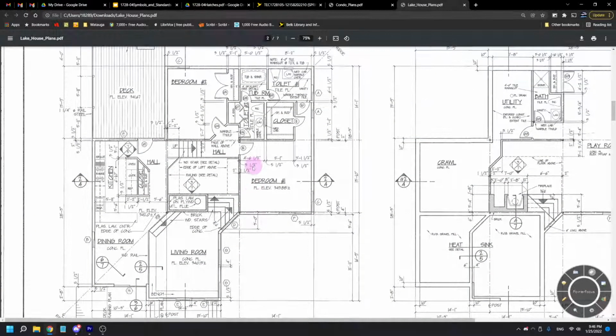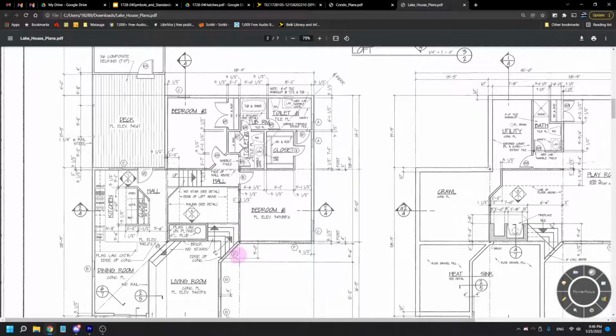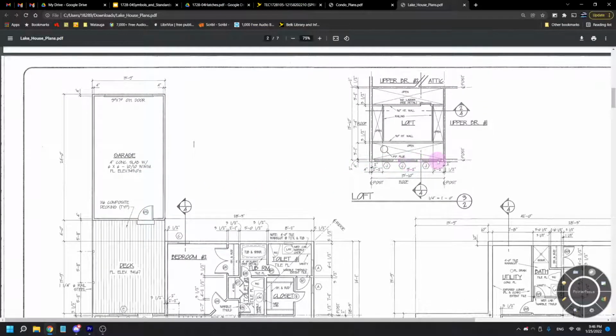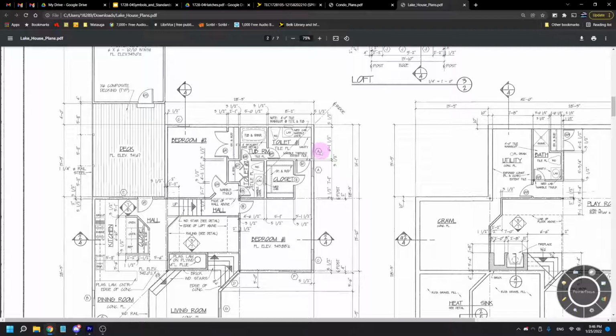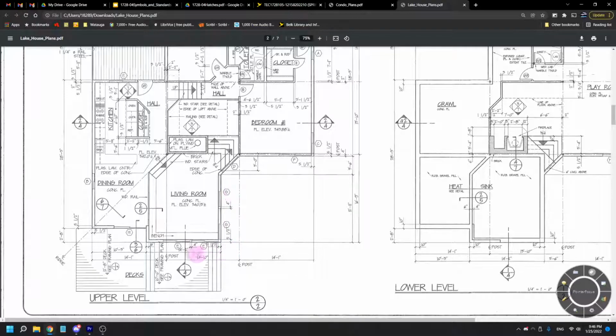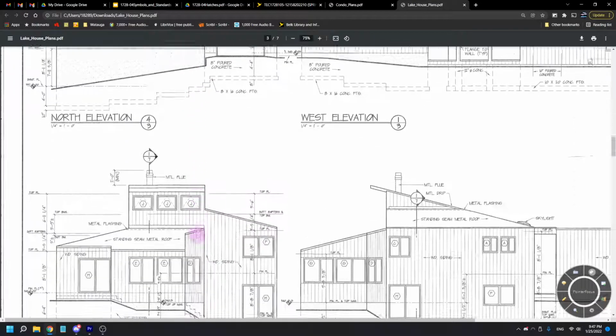again, if we look at it in plan, I can see that this is a sliding window because of the symbol: sliding, sliding, sliding. All around this house, it uses just sliding windows, except for up here in the loft area. It has those three hopper or awning windows. And so these are then tagged saying this is window type A, this one's C, this one's C. I've got two G's here, two E's. And so that tells me to go look at